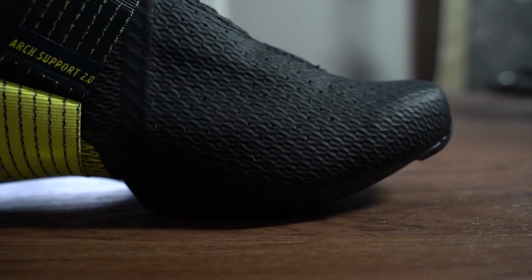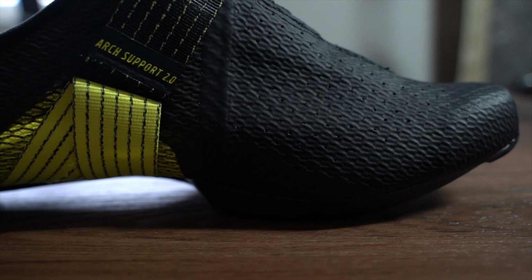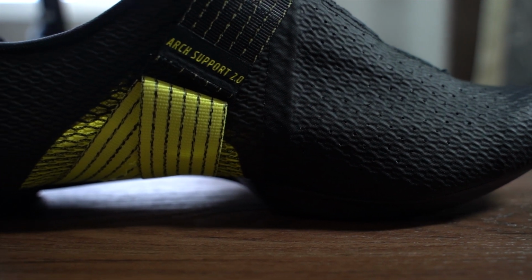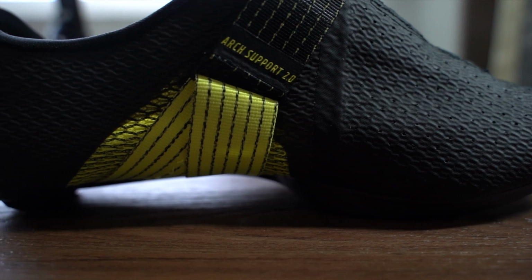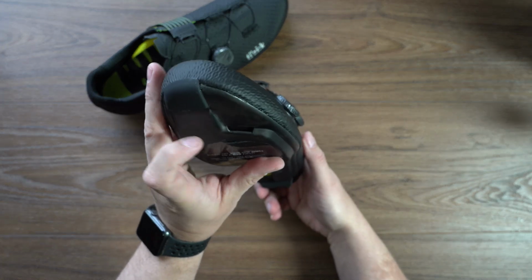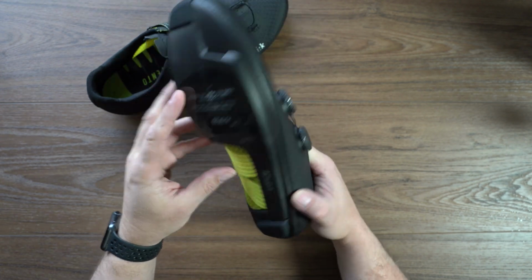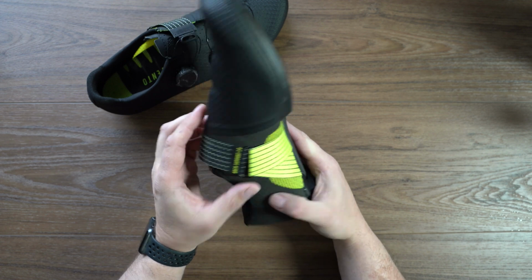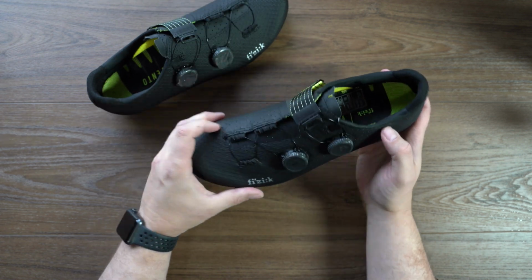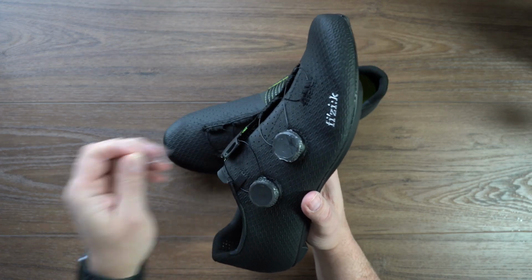But again, these shoes looking absolutely fantastic. It is a unique feel. You can definitely see, in this PU laminated upper, the weave in the soles there. We've got a small vent port here to get some air circulation moving through, and that is our first look at it. So what we're going to do now is pull off the